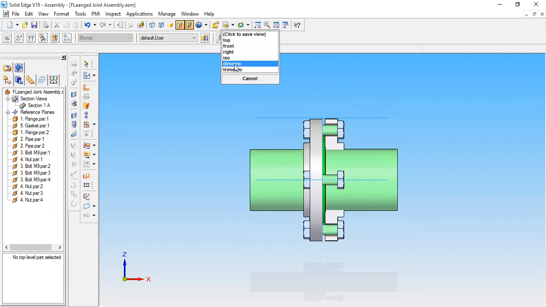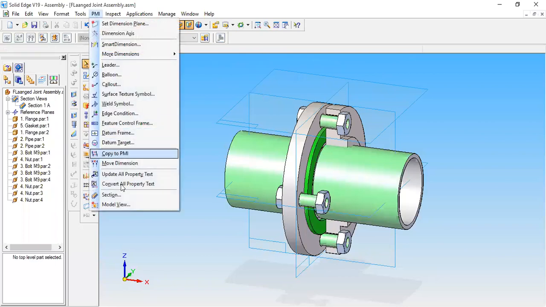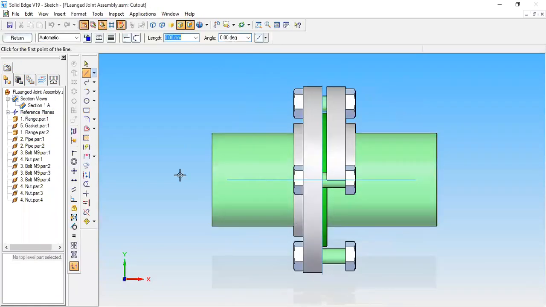So here I'll be selecting it once again in the diametric position, and after that I'll be creating another section, but not from this top plane, from the profile plane which is parallel to this top plane. So from here I'll be creating that cut. So I want it to be removed, so I want to show this portion. So here I'll be creating and I'll be showing the,